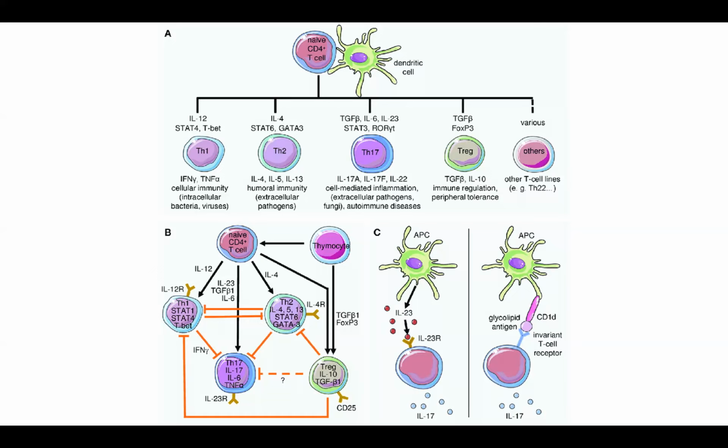And you produce a lot of TGF beta, and you're producing a lot of FOXP3, right? For some reason, let's say those precursor T cells were disrupted